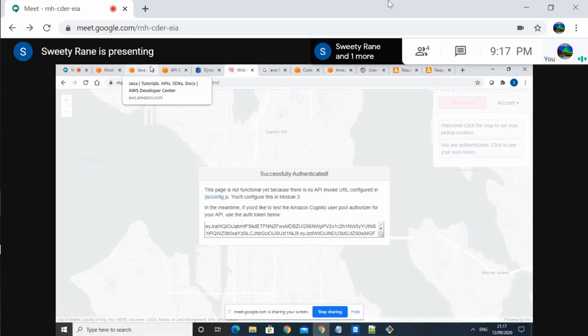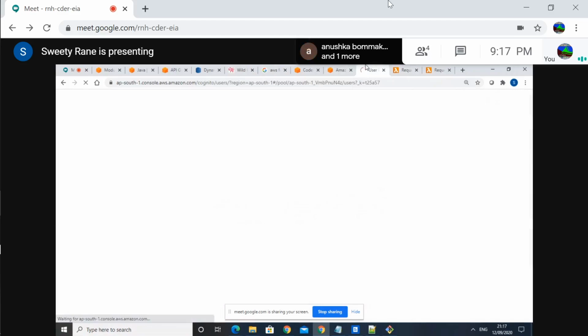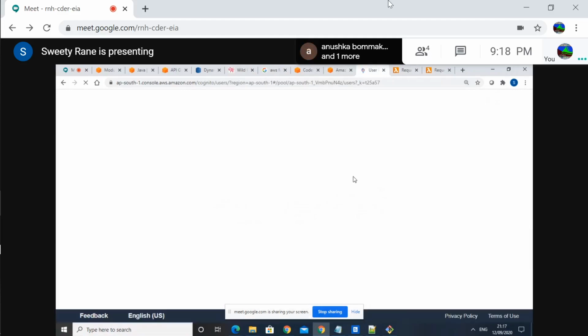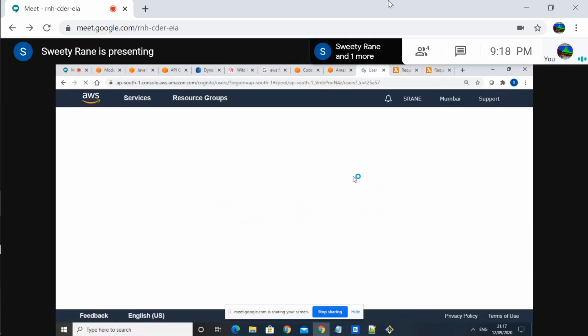Yeah, no, you actually replace that tab with the API gateway. So you need to bring up Amplify again. So just select any other tab except for wild rides, code commit, and bring up Amplify and see what is happening there.